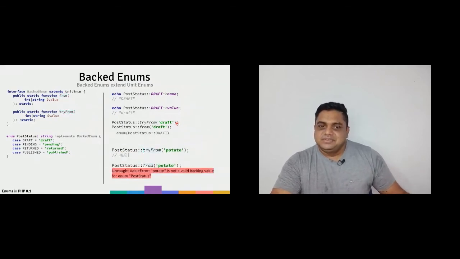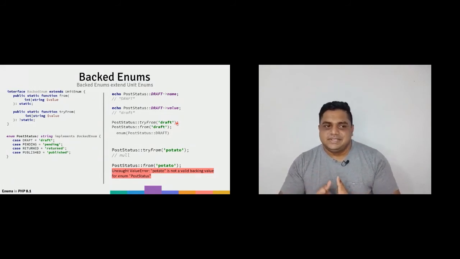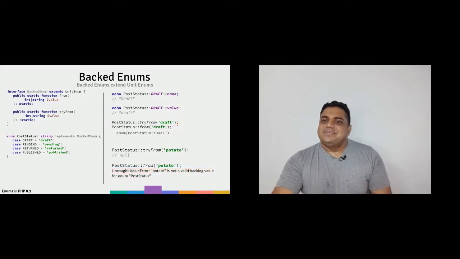From the from method, you will get a value error, because this is not a valid value. So depending on the context, if you like to return null if there's no such enum, you can use tryFrom, or if you like PHP to throw an exception, use the from method. And this is backed enums in summary.